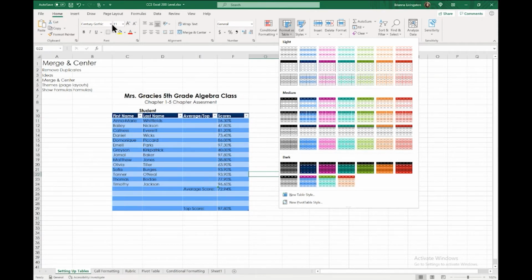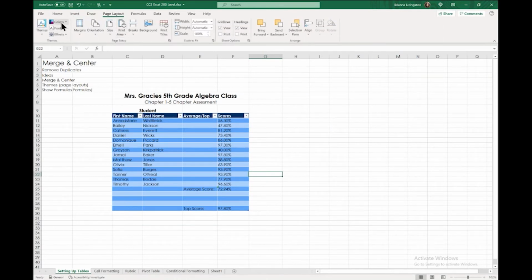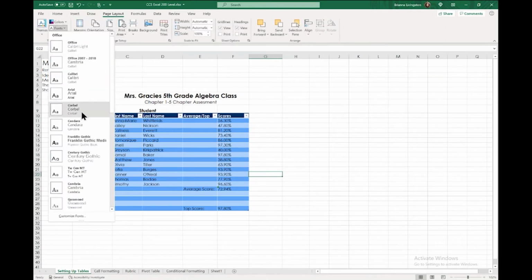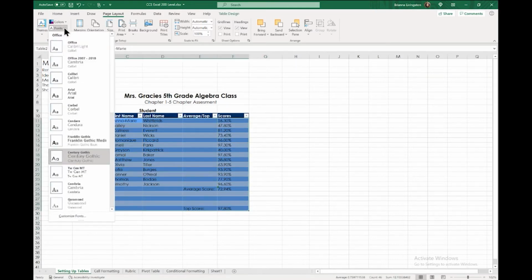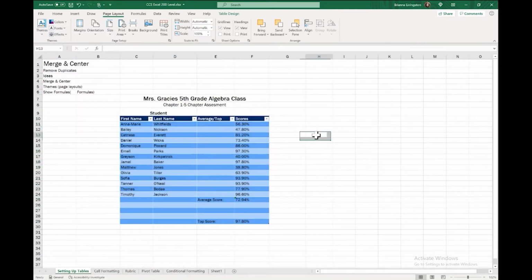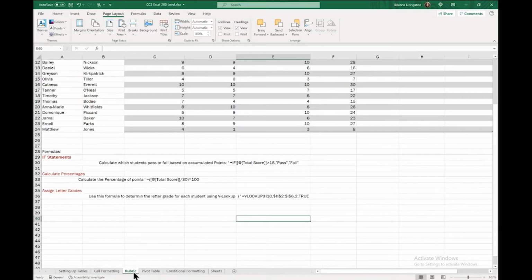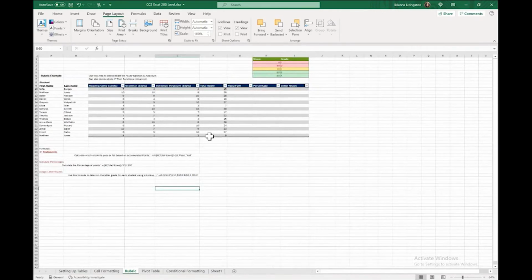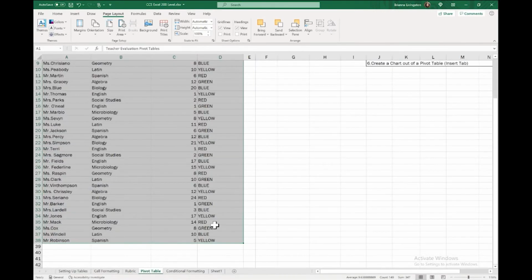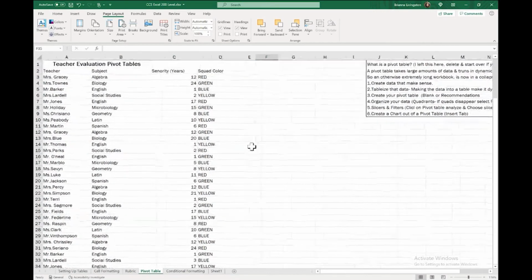And then let's say I like the color, but I don't like this font. I can change just the font. There we go. I think that's a little bit easier to read. And it actually changes your entire workbook, so your whole workbook will be on theme.